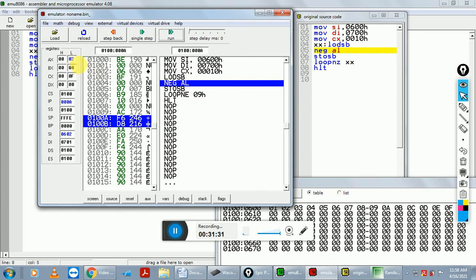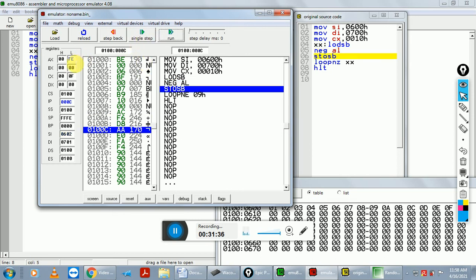Again the next instruction is NEG AL, means the content of AL is 2's complemented. After the 2's complement, the value of AL is FE, and next instruction is STOSB, means store the content of AL to our destination index register. Destination index indicates 0701.